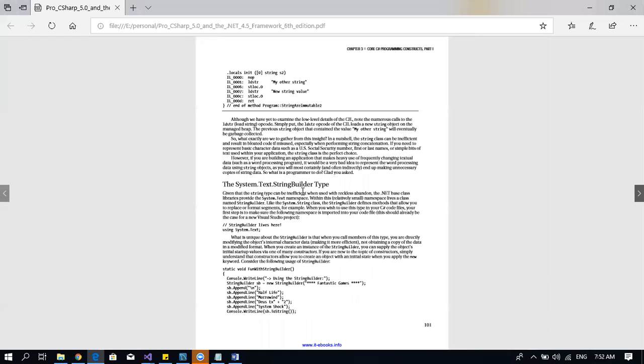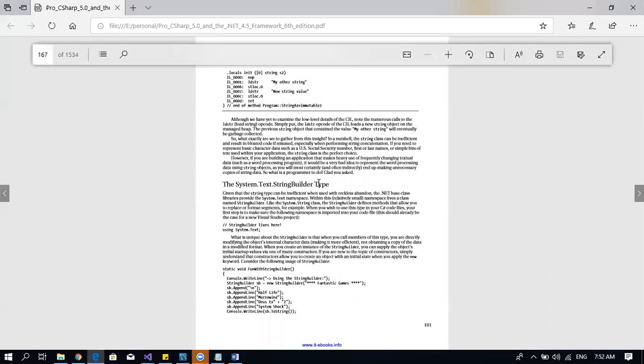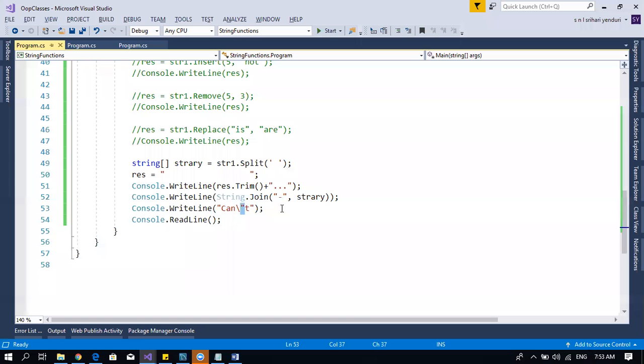So we have one more class. It is StringBuilder. By using string, we create an immutable string. Immutable means that each and every time you add a string, it will create a separate instance. For example, if you observe here,